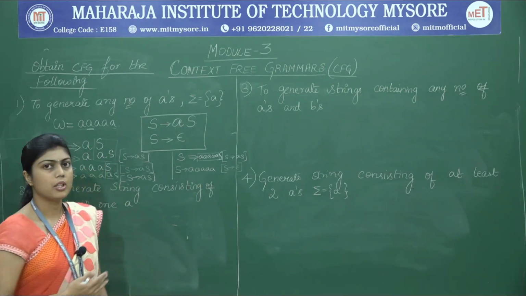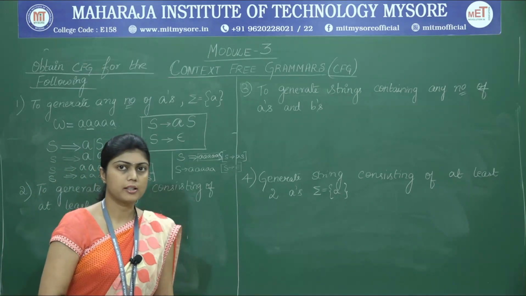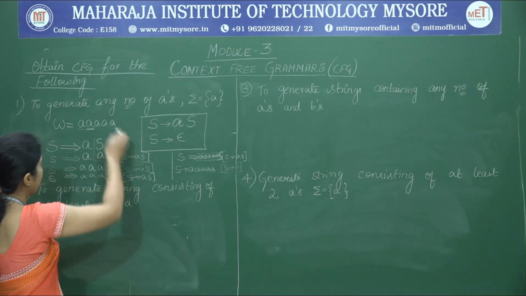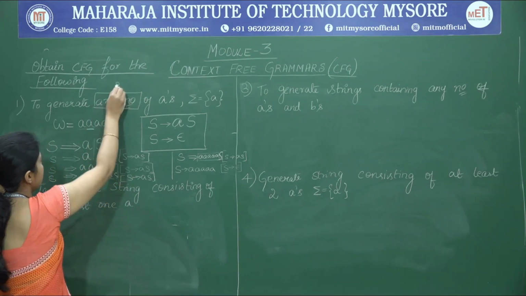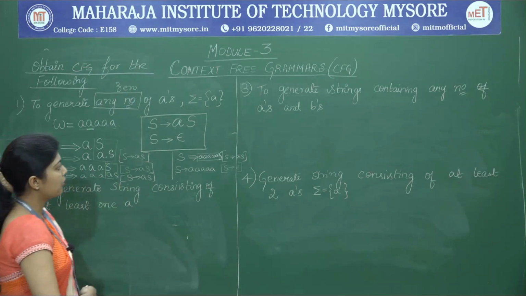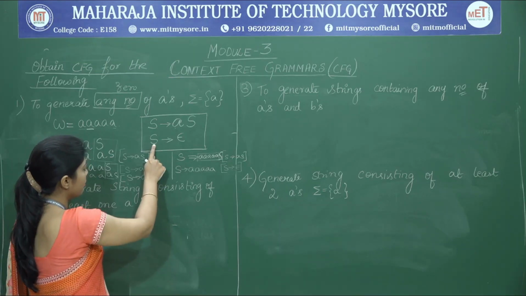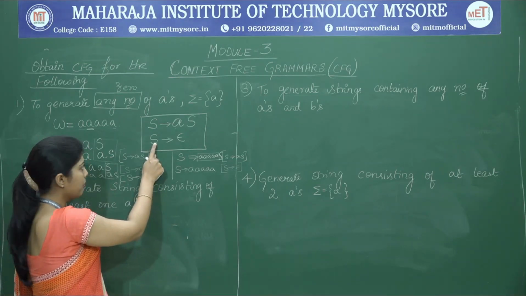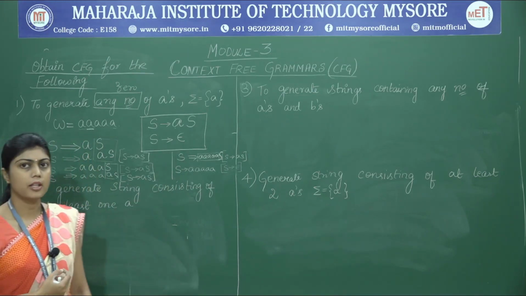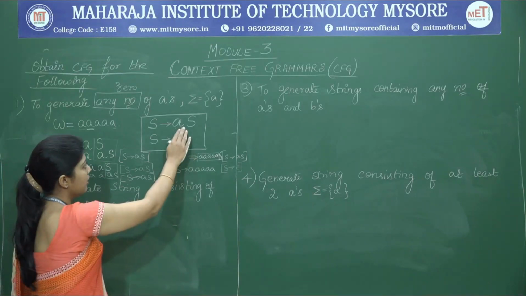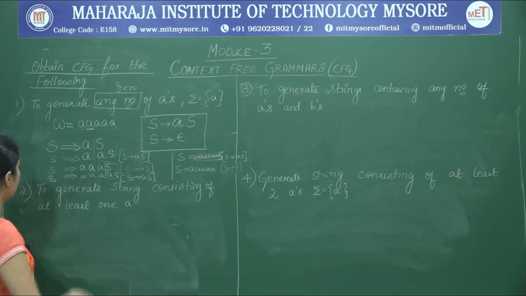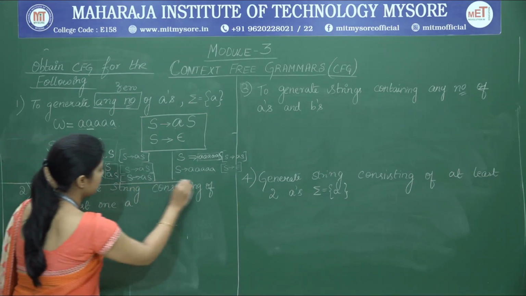So likewise, if you need more number of A's or less number of A's, it should also be able to generate. Also, whenever we say any number, this includes 0 number of A's also. In case I want 0 number of A's, then I am going to use in the derivation as the first step S goes to epsilon. So this will also give us 0 number of A's, and recursively apply the first step so that you get more number of A's.